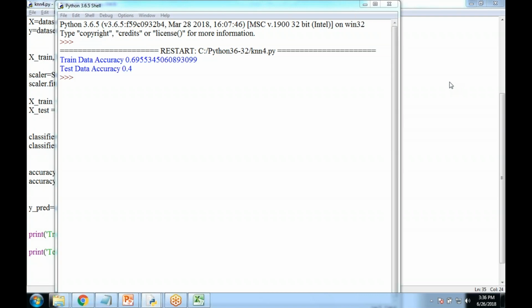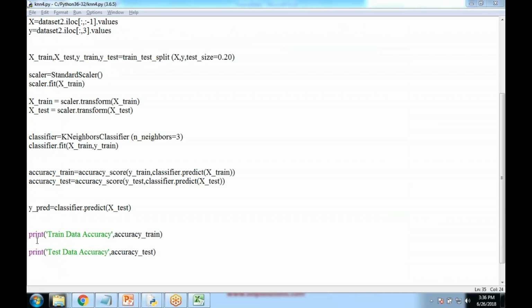So this is the final output. We have training data accuracy and test data accuracy. So it means whenever we perform a test, about 40% of the test will be satisfied, so it will clear the test in more than 40%, and that's the training data accuracy. And I want to print the prediction. So we have prediction in y prediction, print y underscore prediction,